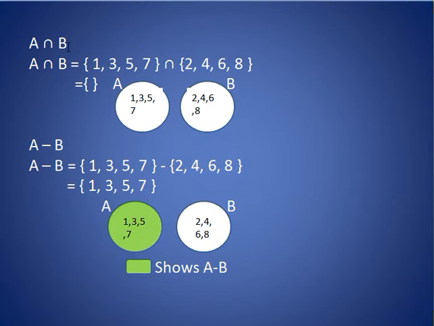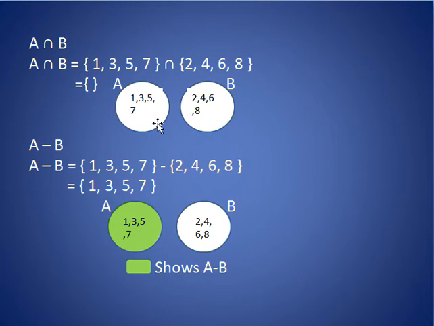A intersection B. First set A, then the symbol of intersection, then set B. In intersection we take common elements in both sets, and we know very well here we don't have any common element because they are disjoint sets, so our answer is empty set. Again, in the Venn diagram, these two circles show two disjoint sets, set A and B,